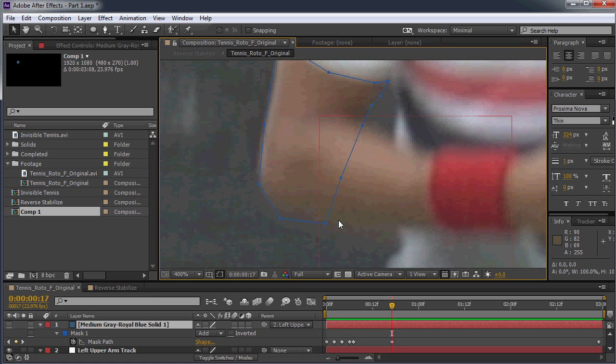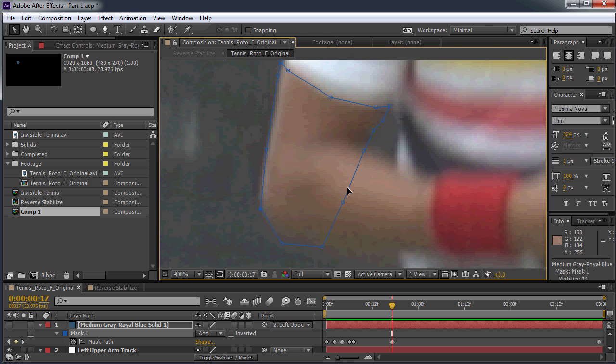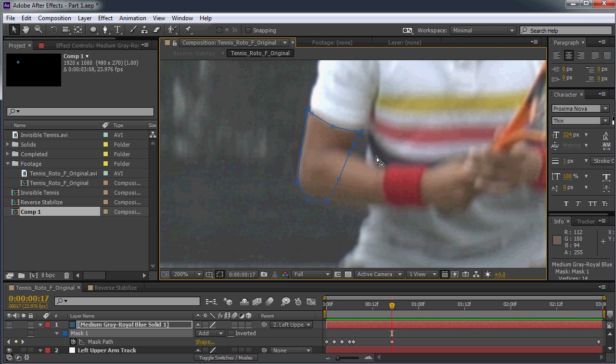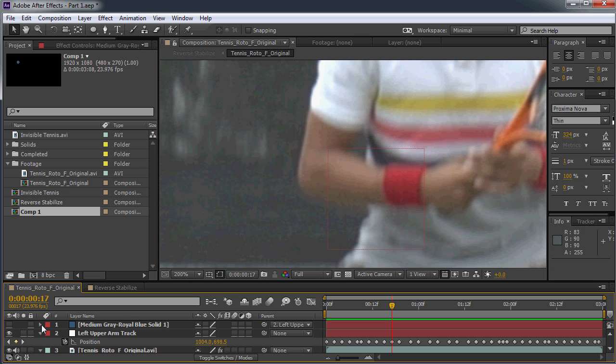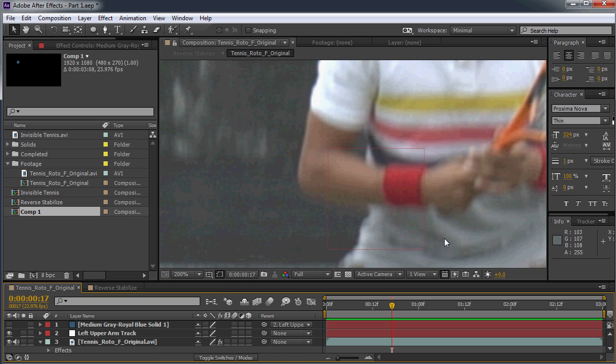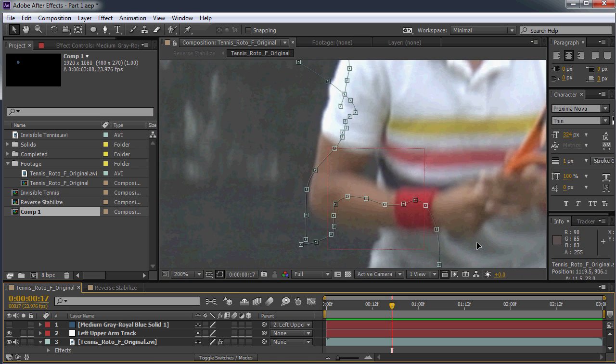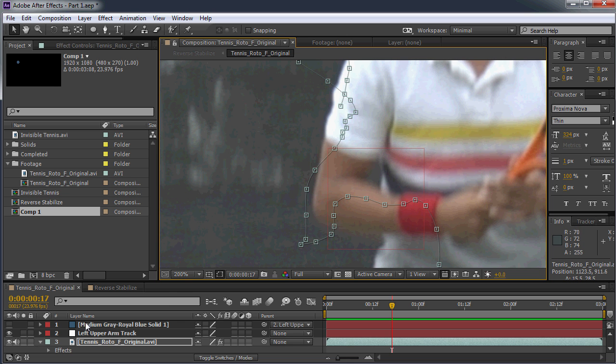So saves time and keeps you more consistent. You should try to do it as often as you can. Now, another thing that you want to make sure that you do is to lock the other layers in your composition. A bad thing that can happen sometimes is you move that background layer without noticing, and then you continue